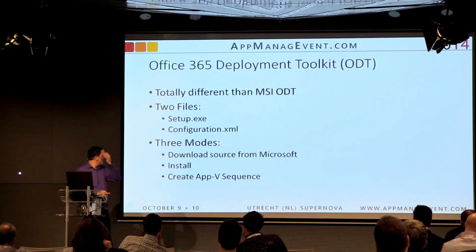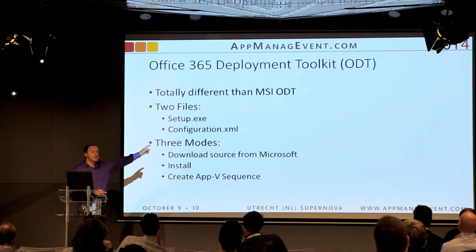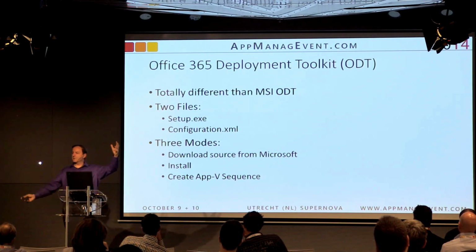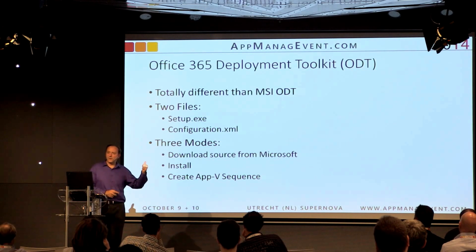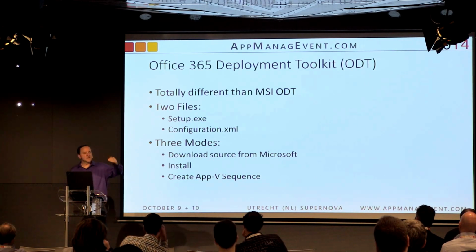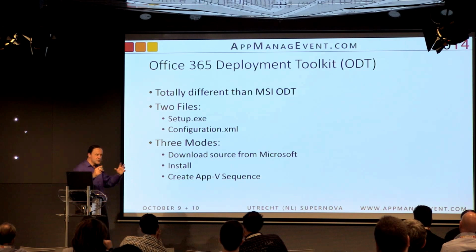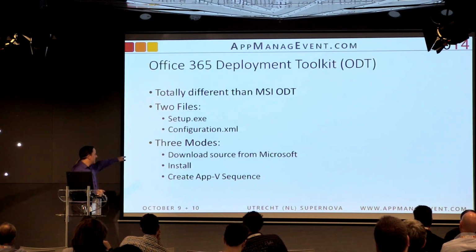Office 365 Deployment Toolkit, totally different than the MSI one. So if you fire up the Deployment Toolkit and you think you're doing 365 click to run, and you've got all the options from the Office 2010 Deployment Toolkit, you're in the wrong one. They're totally different. The one for click to run only gives you a setup exe and a config XML, and all you can do is change the config XML and run the setup exe against it. That's it. So if you're in that one that generates a nice patch for you, that is not click to run. There are 3 basic modes.